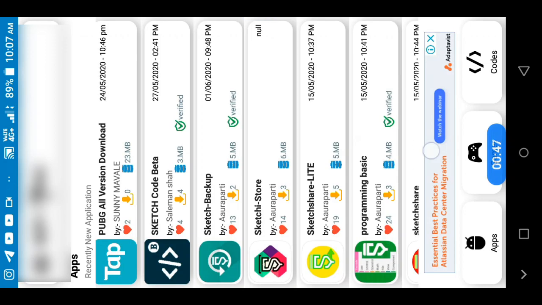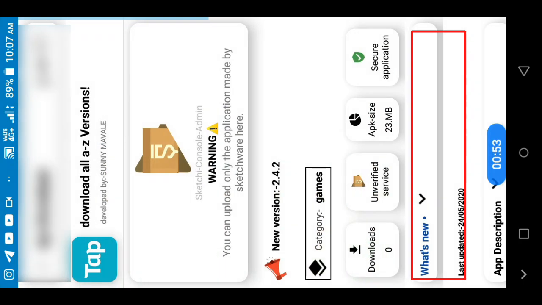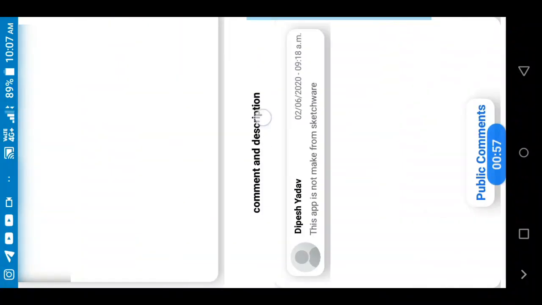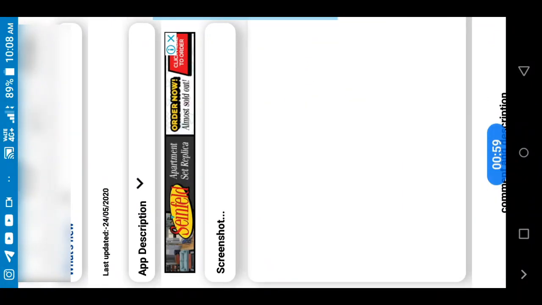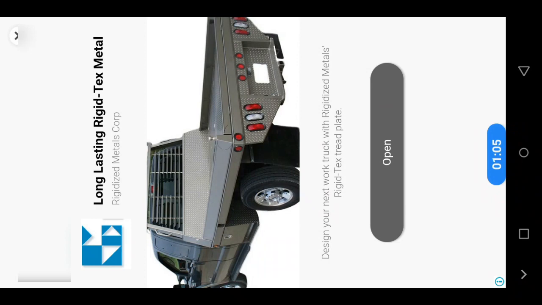So you can see here we have ads, and see when I open this one, you see here are also banner ads. So we got an interstitial ad.